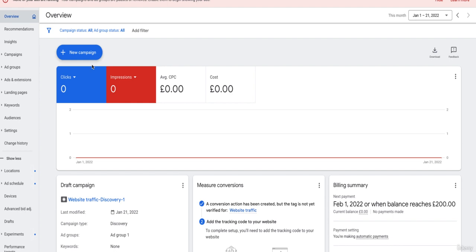So I would definitely recommend discovery as an option to include as an additional campaign type to run across your Google Ads activity alongside your search campaigns, your shopping campaigns, etc., whatever you've got running. So we'll jump in and have a look at what they look like, and we'll see how the setup process